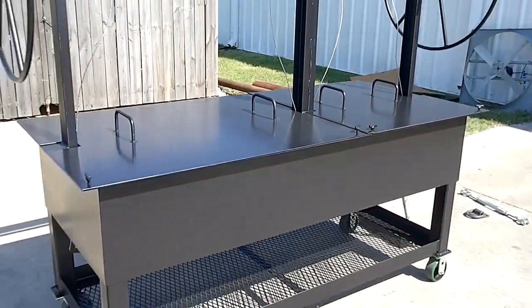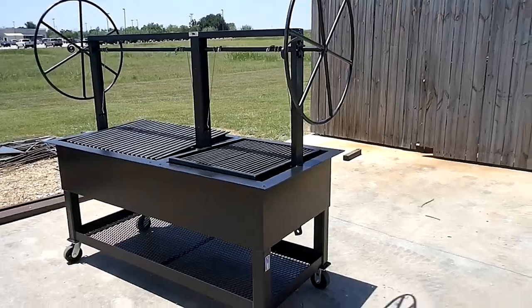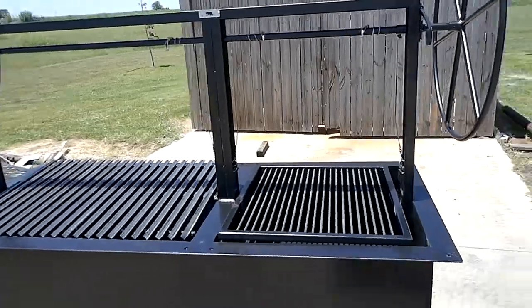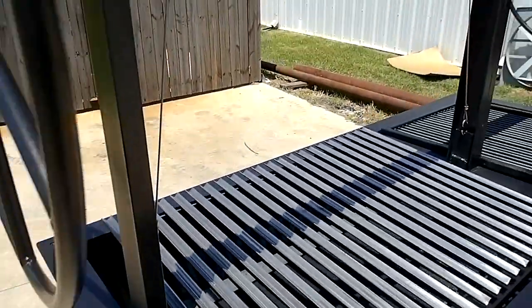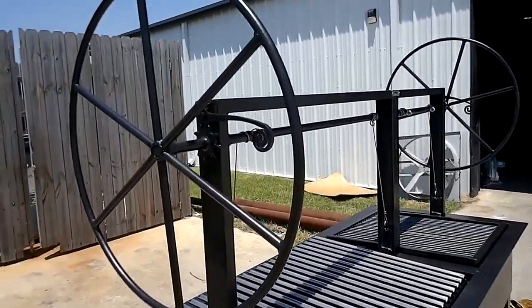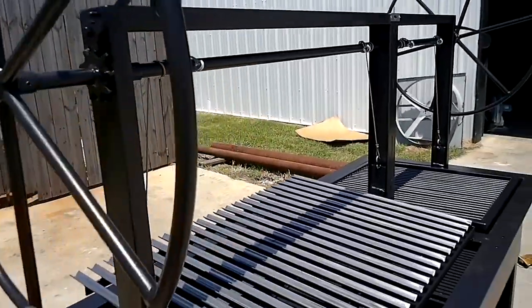And not wanting to clean the grills by driving down the highway and having all the ashes and hot embers blow out is why those lids are there. This particular grill, again, is 72 wide and 30 inches front to back. And so what we've done is we've split this grill 60%,